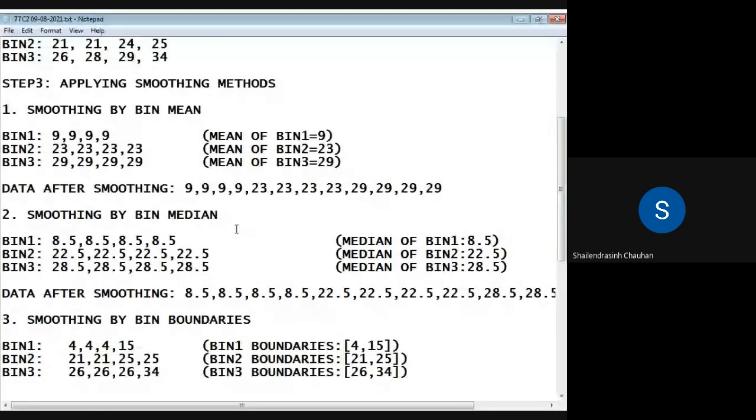First step sorting, second step creating bins, third step smoothing. Sorting and smoothing both will be common to all kinds of data. Now the difference will be in creating bins. One method we have already discussed, that is how you can create bins using the equal frequency method or equal depth method. Now we will see how you can create bins using the equal width method.